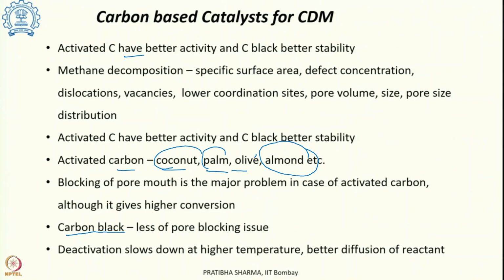Just see, carbon black. Carbon black means the carbon blacks. Carbon black has